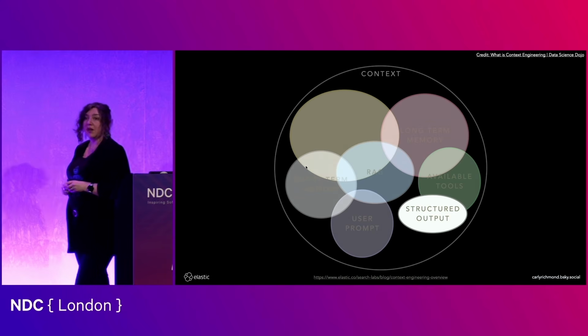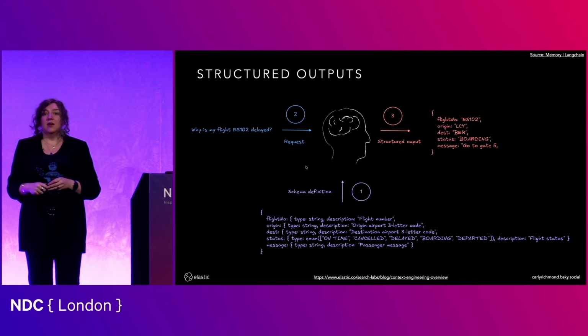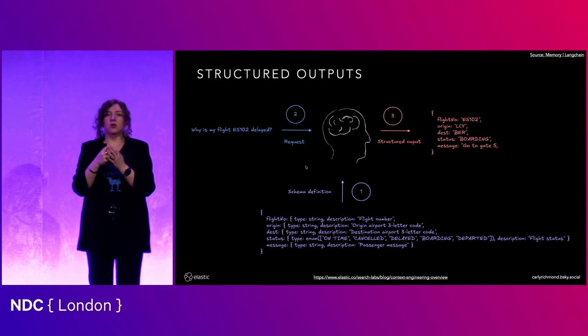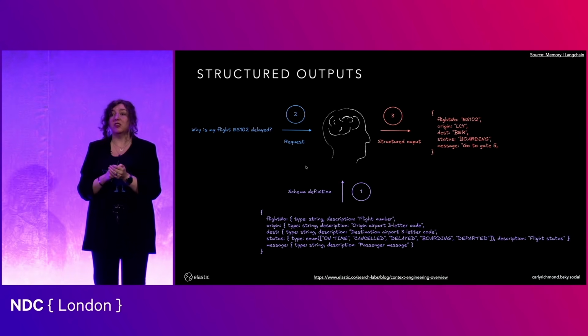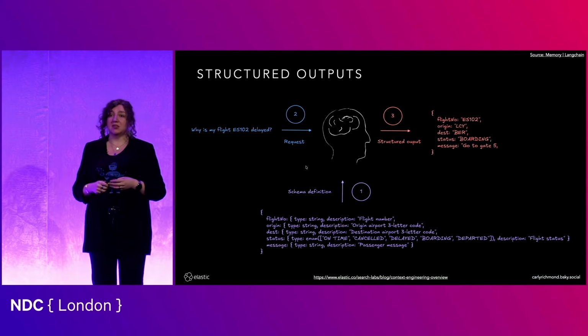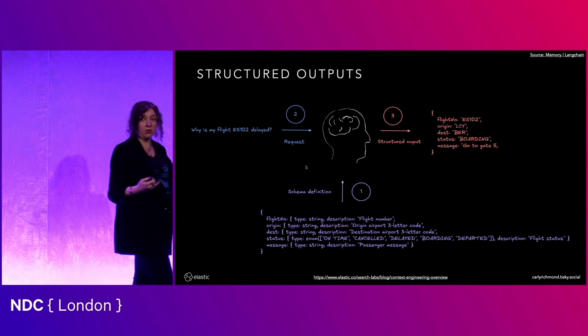And the last thing we need to talk about is structured output. Structured output should not be a surprise to anyone who's familiar with things like OpenAPI specifications, schemas, anything like that. The idea of being able to specify the structure and contract of our data is also relevant for LLMs as well, and we need to remember that. So the idea is that you specify a particular schema down here, which then means when it goes to generate the final result, it's going to generate it based on that schema. So we can enforce that particular contract.